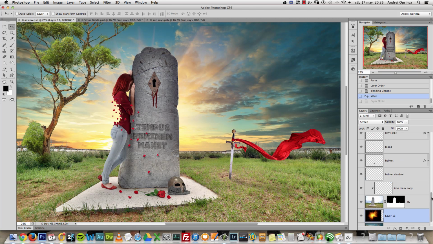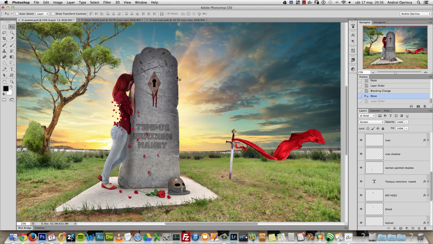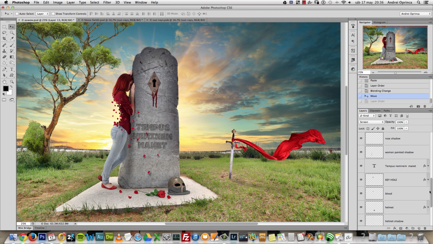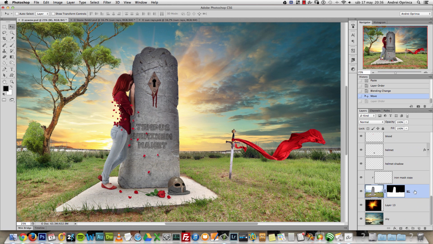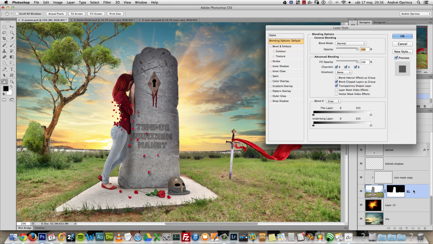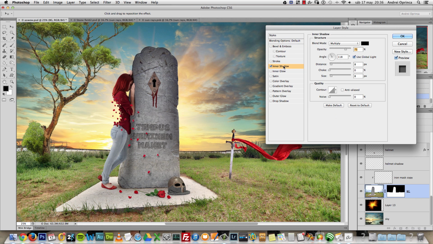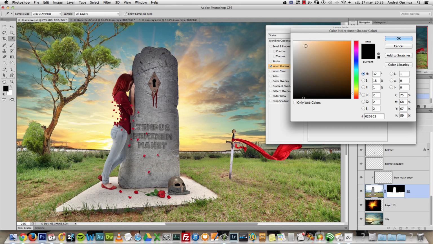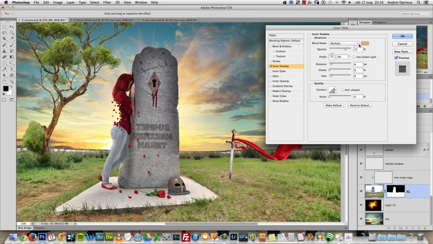But now we need to make a few other effects. The first one here on this stone. So what you can do is select the BG layer, which is the background, double click on it, and you can add some inner glow or inner shadow. I prefer to use inner shadow. I'll uncheck the global light, because I want to have a straight angle of 90 degrees. Change the color here to a really bright yellow or orange, we'll see that, and change the blend mode of this to color dodge, and that way we have this